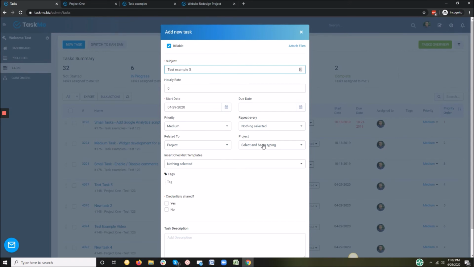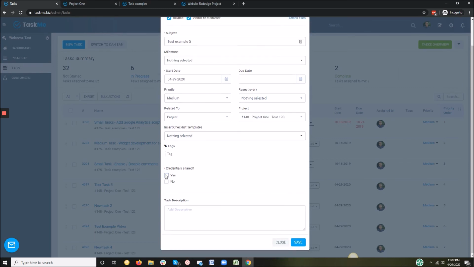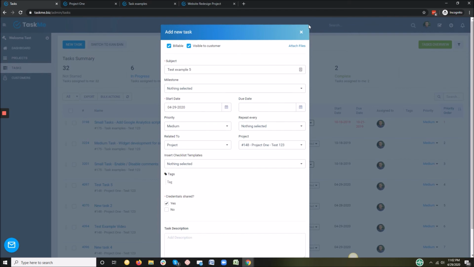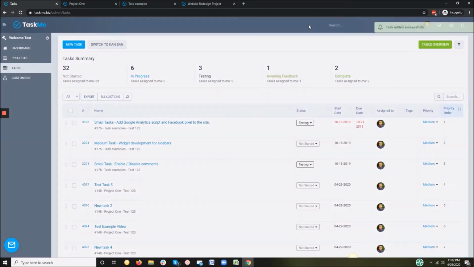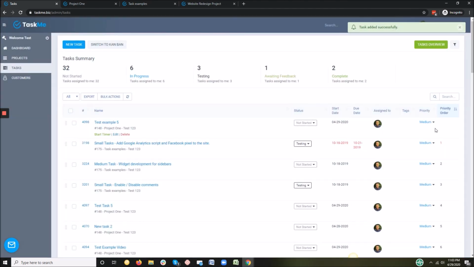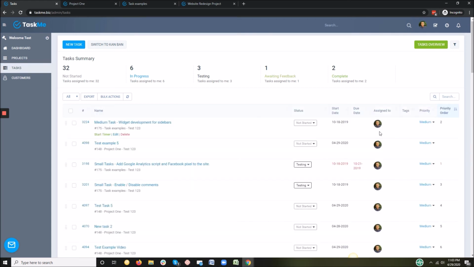Here I'm creating a test task under the test 1 project, which by default will get no priority. Here you can see that the new task is now created and it does not have any priorities. However, as soon as you change anything on this page, that not assigned task is also going to get its priority accordingly.